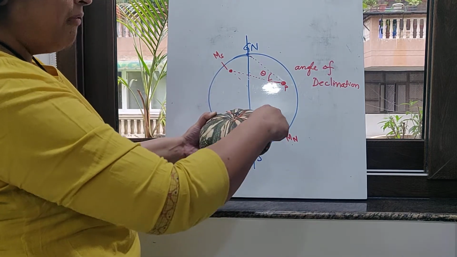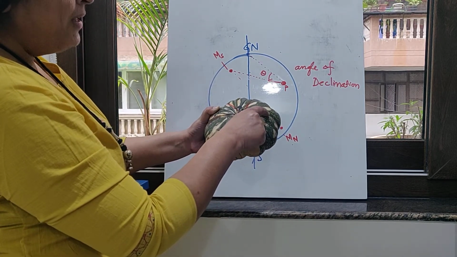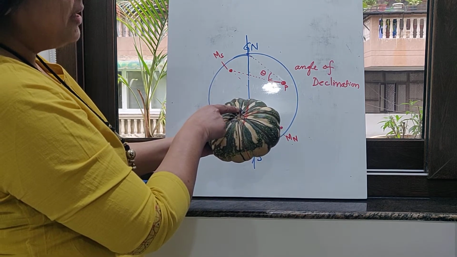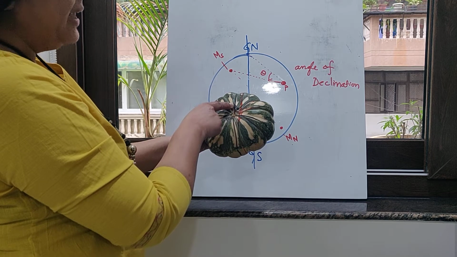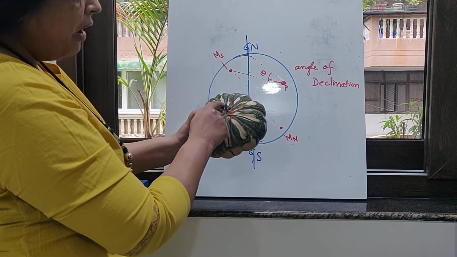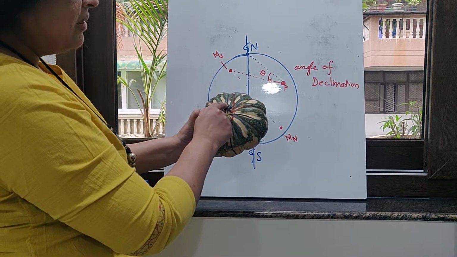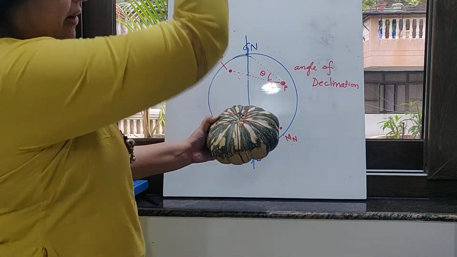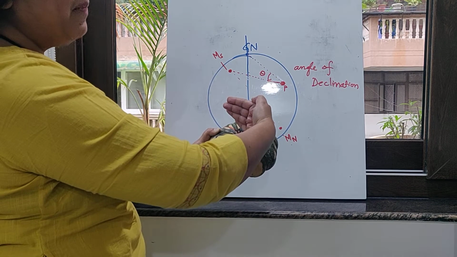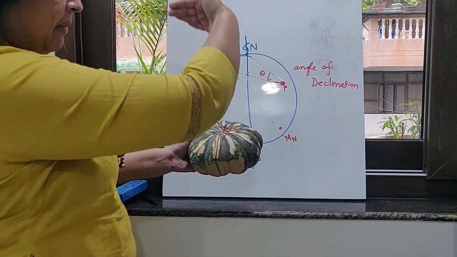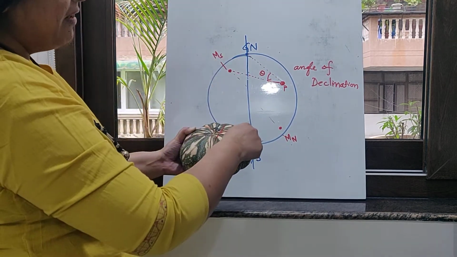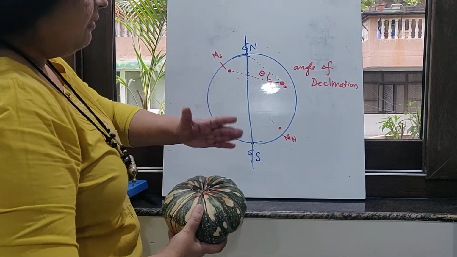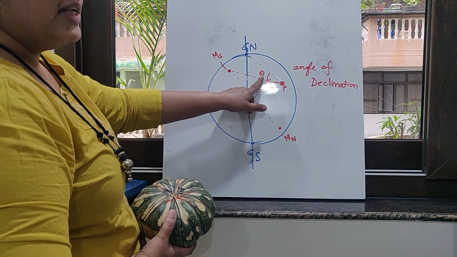Then you have considered this point. Now, let us say this point represents the magnetic south of the earth. We connect this point, which is the magnetic south, to this particular point, and we can draw a circle. Then again take a vertical plane passing through this. This vertical plane will intersect with the vertical plane which you have drawn on the red line, and both the vertical planes will make the same angle theta.